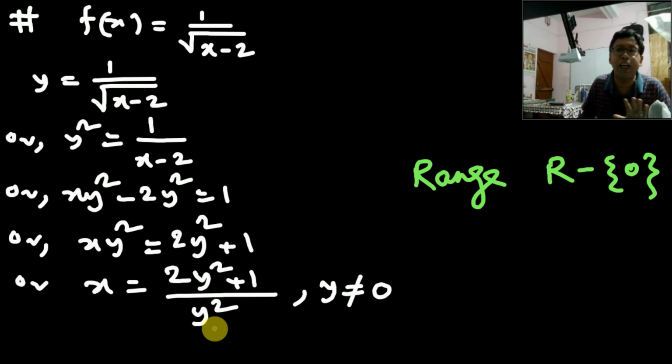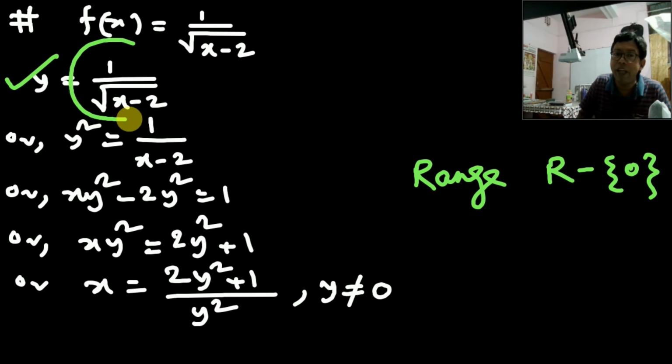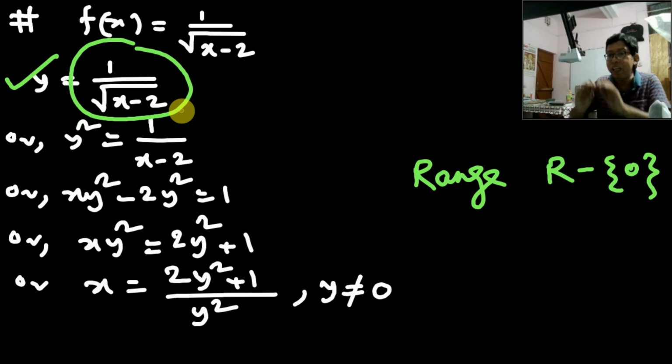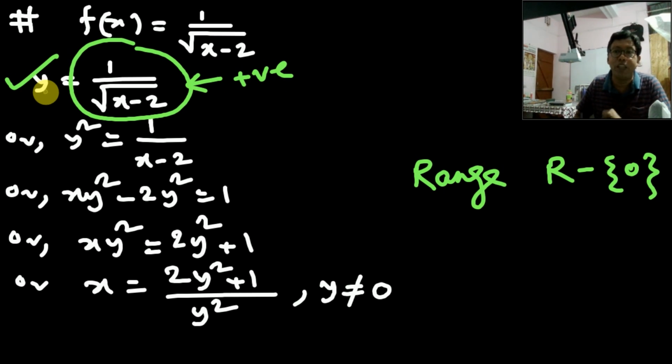But we did not study what the input is in the definition. What is the definition given? y is equal to 1 divided by root over x minus 2, and the right side is very important. The numerator 1 is positive, and root over x minus 2 will always be positive because the output of a root gives you a non-negative quantity, but in the denominator you will not get any 0. So root over x minus 2 will always be positive. So 1 divided by a positive quantity is a positive quantity. So its output is always positive. That means y is positive. So as I said, the range is R minus 0.